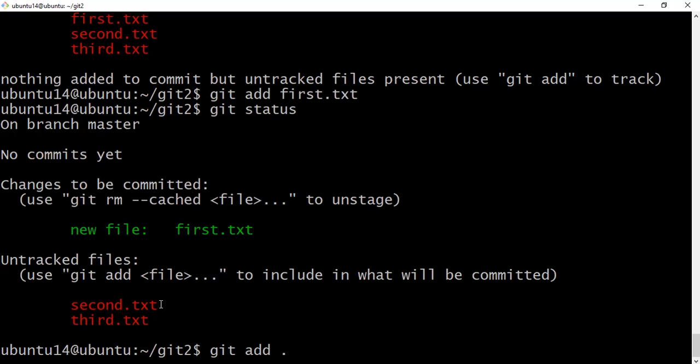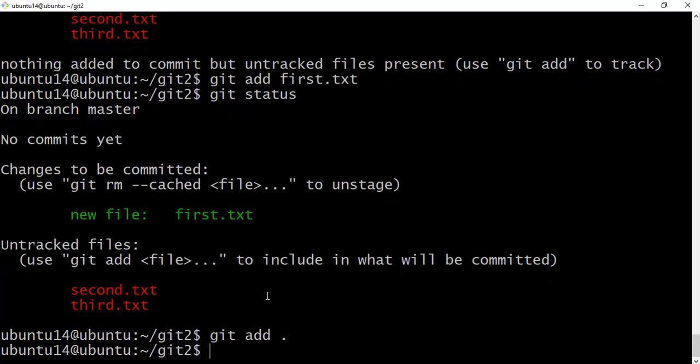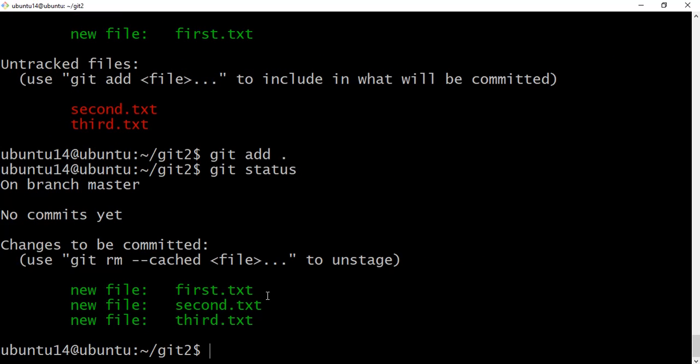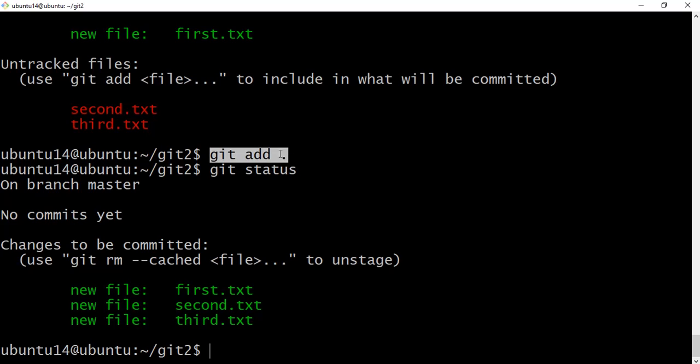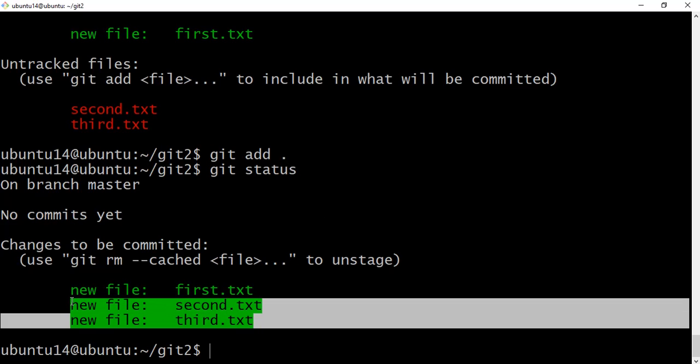Just dot means it will add all files with changes at a time. Okay, git status. Before that, two files were untracked. Once we run the git add dot command, the two files are tracked at a time, right?